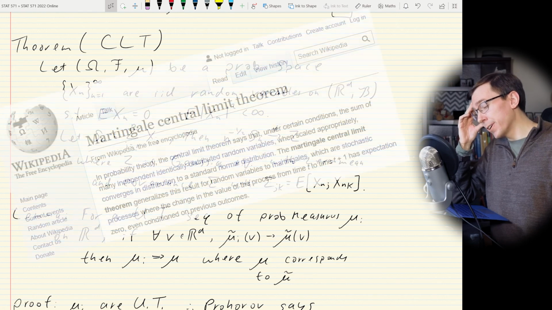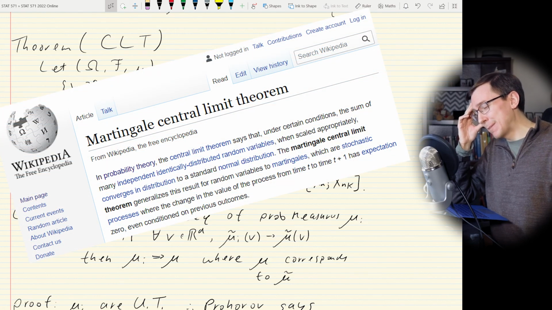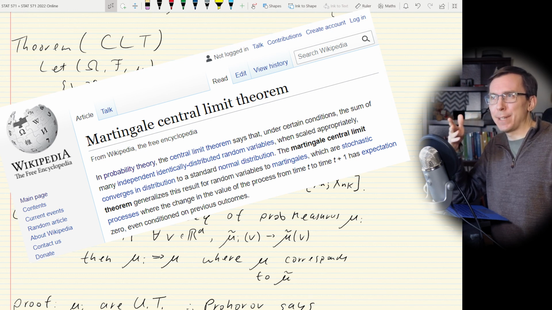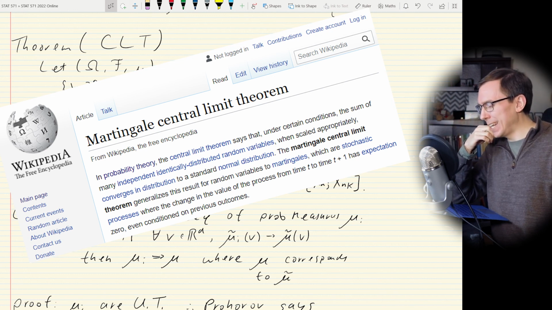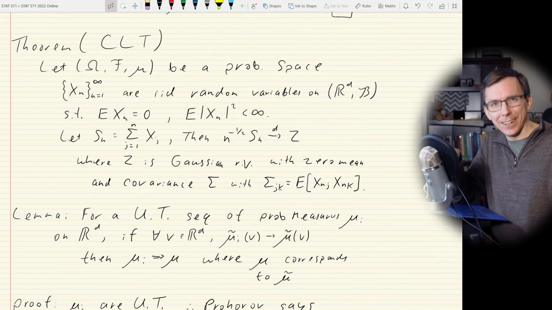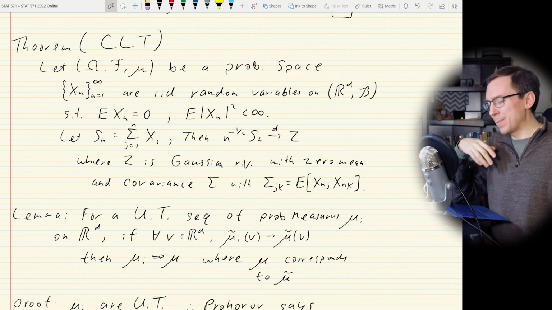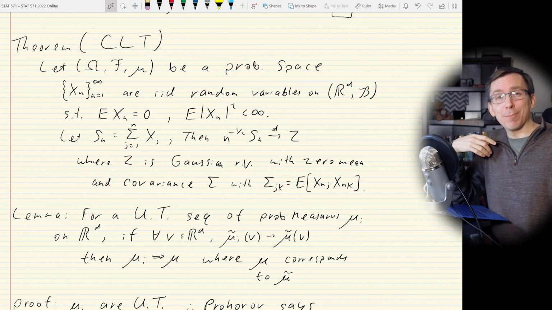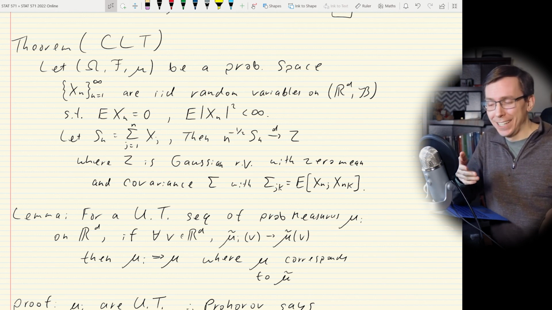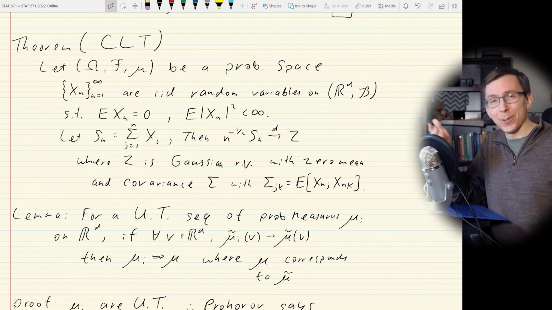I'm pretty sure there's a martingale central limit theorem, which would be for having some type of dependence in your data, but I'd have to double check that result as well. The point is, it doesn't just stop here. There's lots more central limit theorems out there that you can extend this to. So hopefully you go out, explore, find more central limit theorems, enjoy the fact that you're normal, I'm normal,